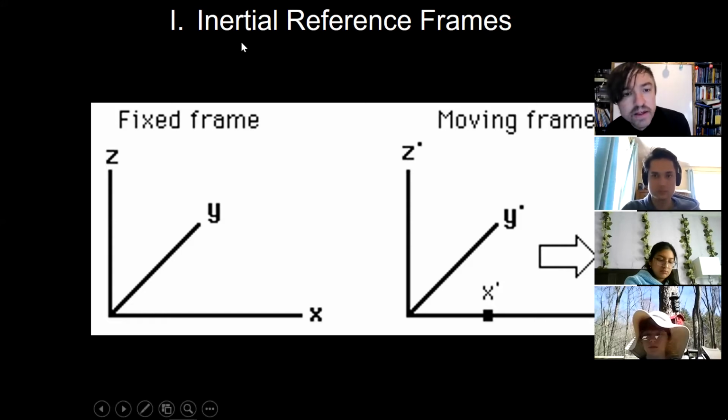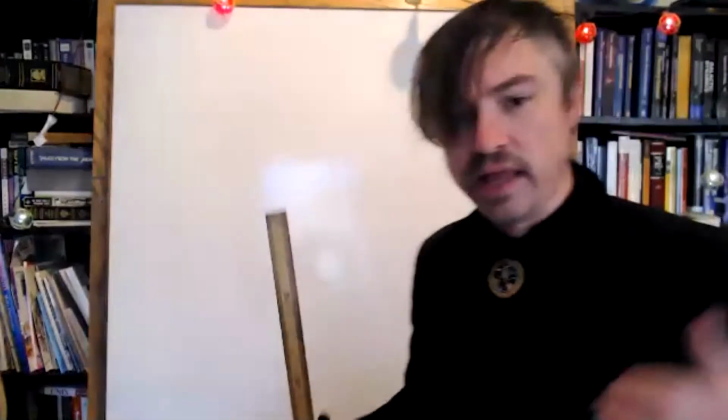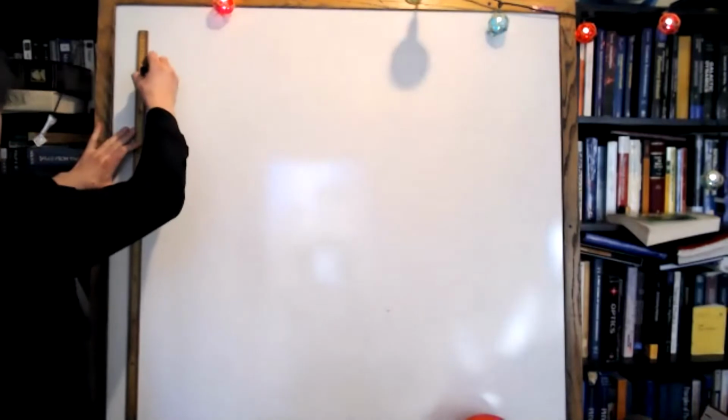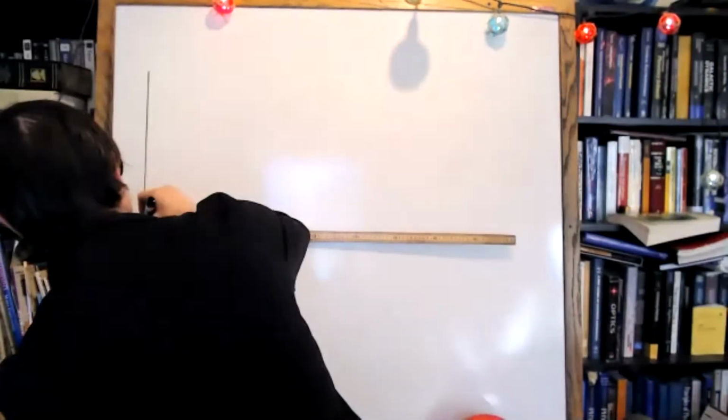So I want to talk to you guys about inertial reference frames and velocities for a second. And you're going to have to bear with me on this. So let's imagine we were going to do something boring, like watch a skate punk take a little skateboard ride across our classroom. Okay, so I know you kids are into skateboarding because I see you out in the streets all day. And let's go ahead and construct ourselves a coordinate system.